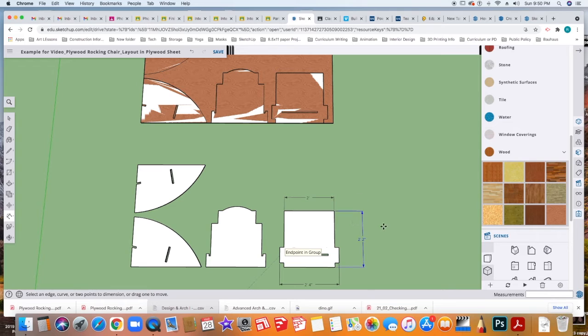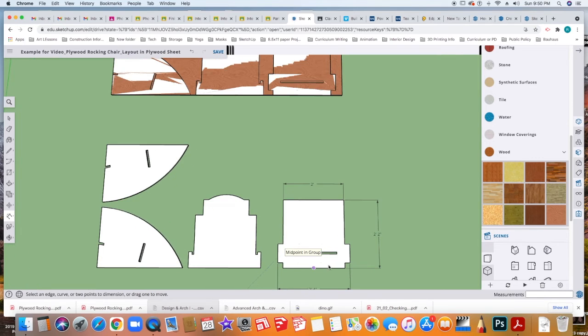Now, if I had to draw this onto a piece of plywood, I would also want to know what these smaller measurements are in between and also how to line up my center line. So I'm going to do something that we call chain dimensioning. What that means is I'm going to go in and I'm going to measure all the pieces of the corners of this piece. I'm going to just go across and pull out, and I'm going to let that link